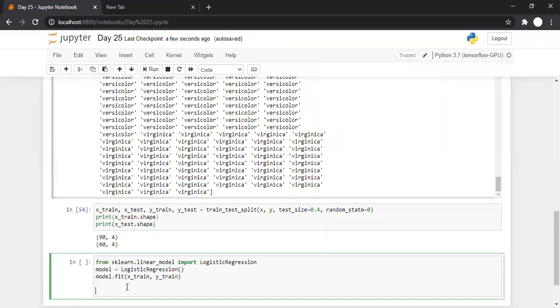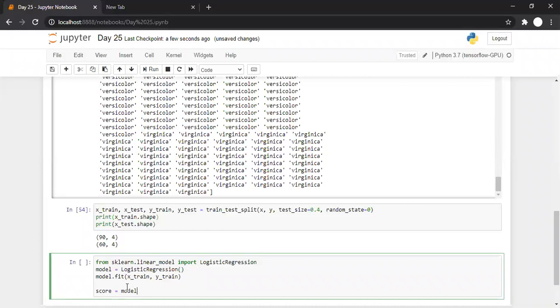Now in the previous session you used two methods: one is called confusion matrix and another was classification report. There is one more method called score, which is used to check the classification accuracy of a machine learning model. So let us check what the score is. Score is equal to